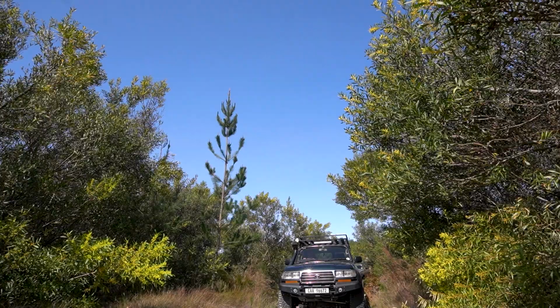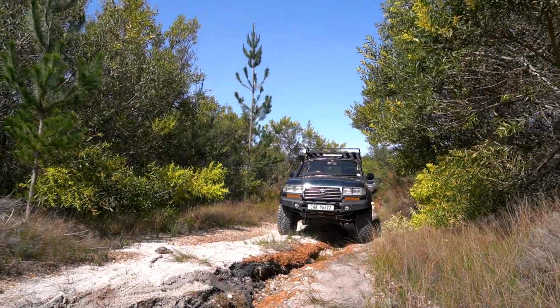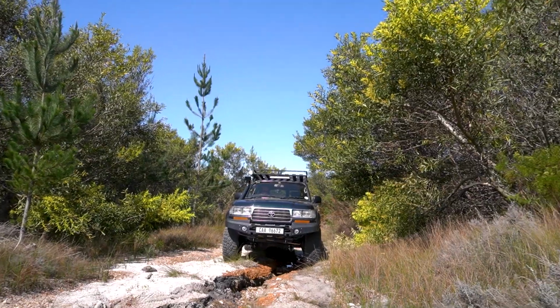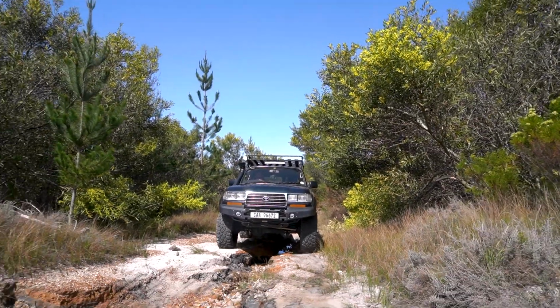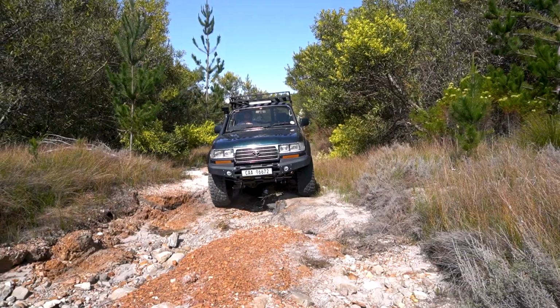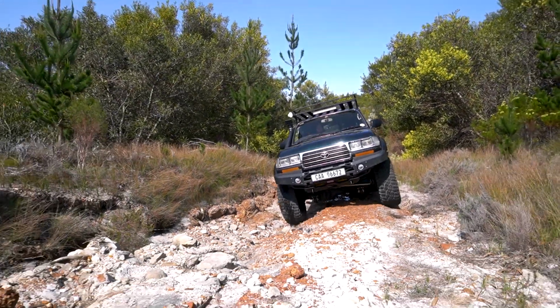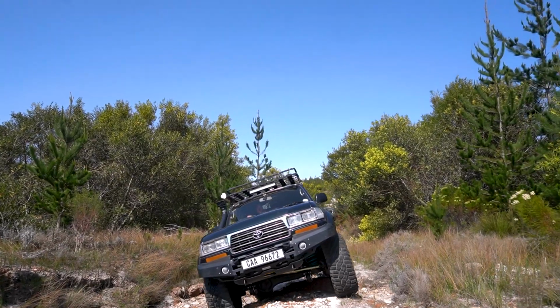It didn't look like a major obstacle at all, but so far this route has been tripping us up more than we expected. But we're excited to push on now, eat something. It's probably about 20 past 12 now, so we're just going to move along and see what's next around the corner. There always seems to be something, but this new black route at Grabouw, the extreme route, is proving to